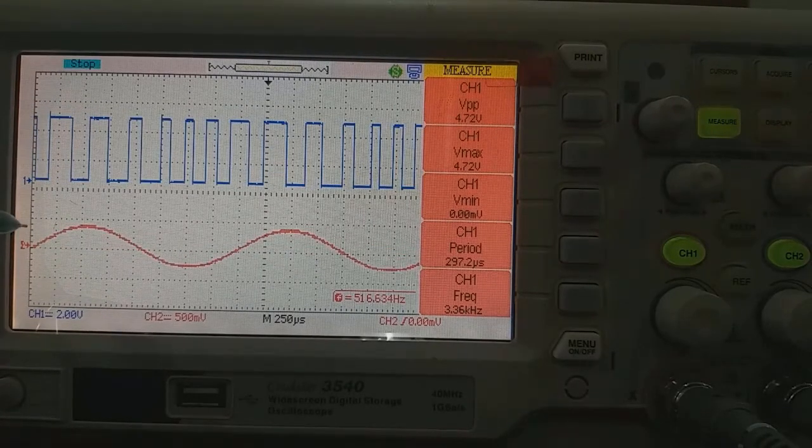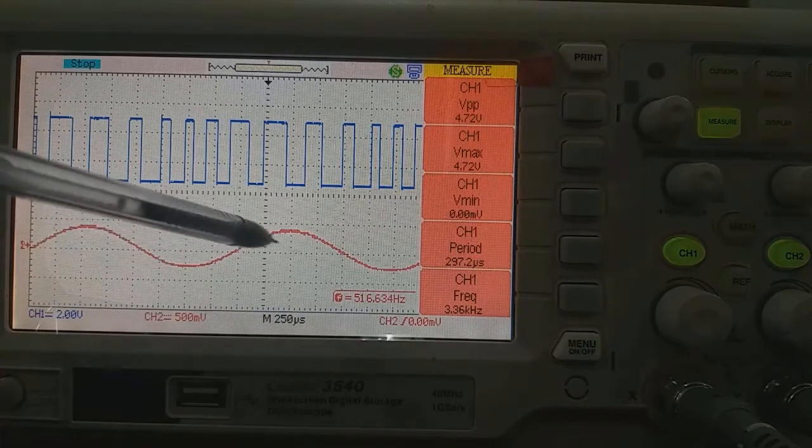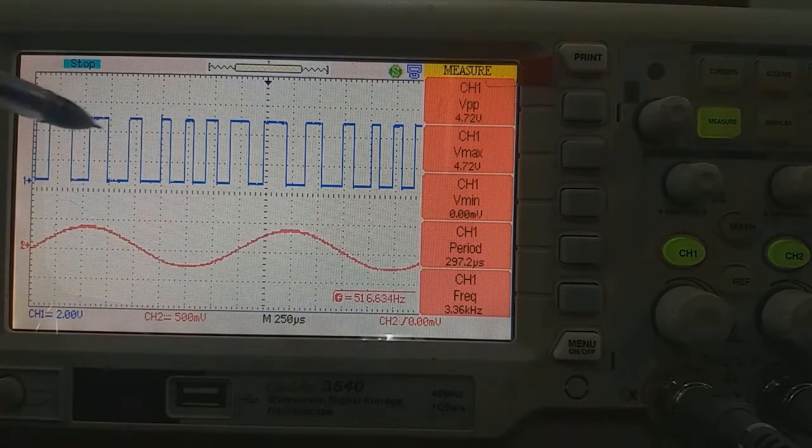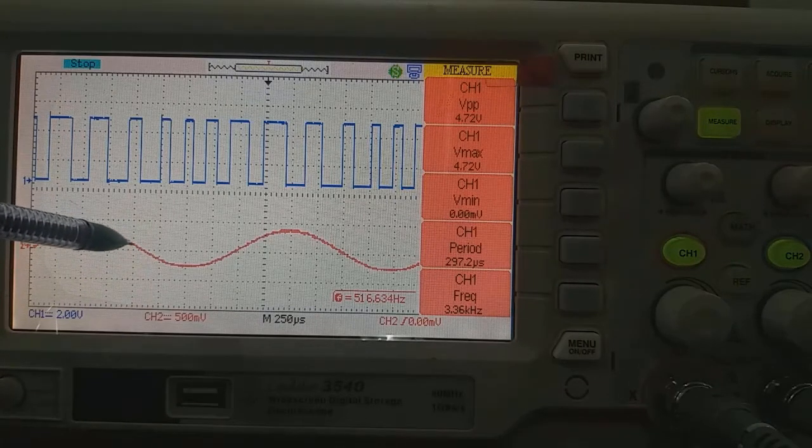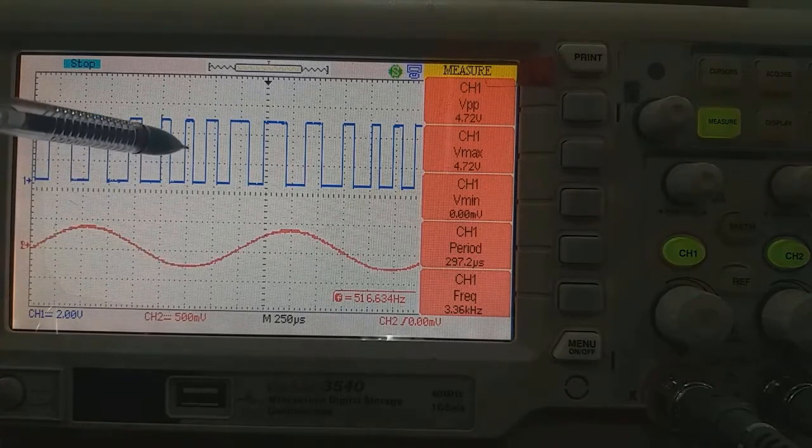So as the modulating signal performs the positive and negative cycles, then according to this instantaneous variation of this modulating signal, there is the change in the width of the square wave pulses, that is carrier waves. So the width of the pulses is increasing with the increase in the amplitude of sine wave. As the amplitude of sine wave decreases and reaches the negative peak, the width of the carrier pulses is minimum.